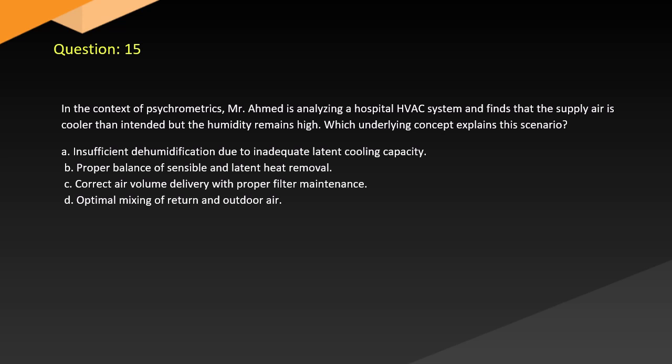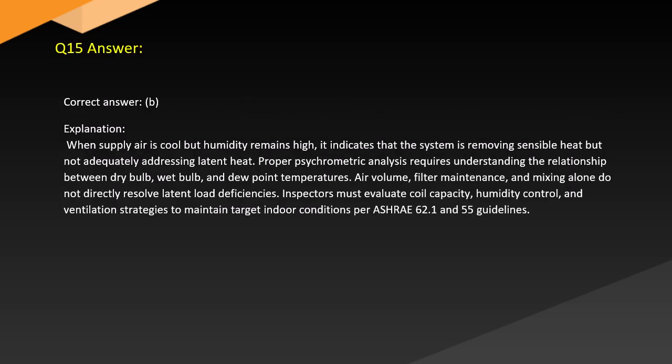B. Proper balance of sensible and latent heat removal. C. Correct air volume delivery with proper filter maintenance. D. Optimal mixing of return and outdoor air. Answer. Correct answer. B. Explanation. When supply air is cool but humidity remains high, it indicates that the system is removing sensible heat but not adequately